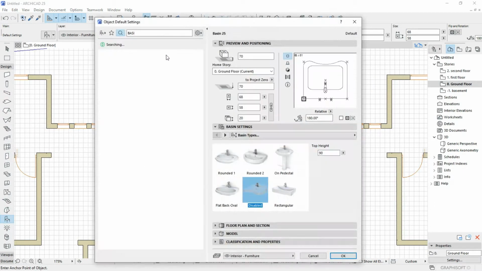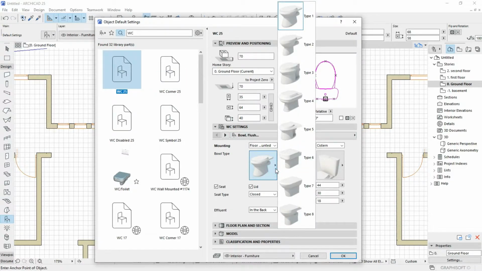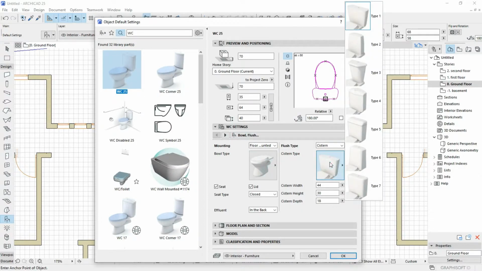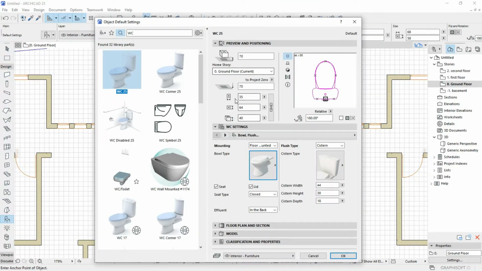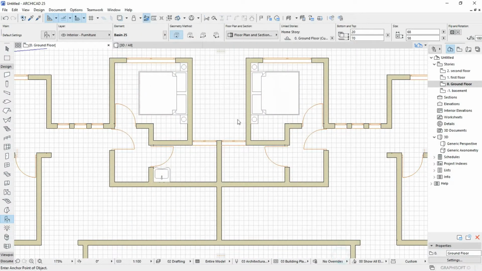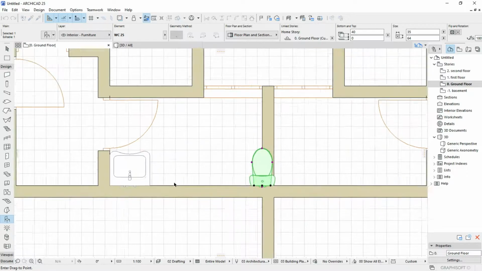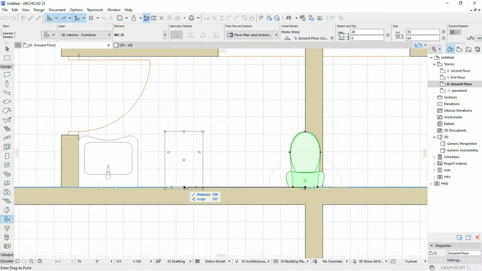the toilet, which is a WC, the toilet. So you can choose whatever you want, as you can see here, or you can choose the system, whatever you want here. So I don't actually care about these, so I keep moving on to change this because I hate this color actually. So I hit OK, and then let me put it like here, and then move it, Control D. Can move it like 140,